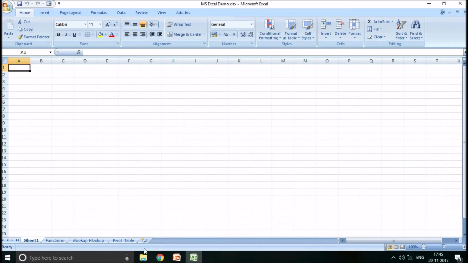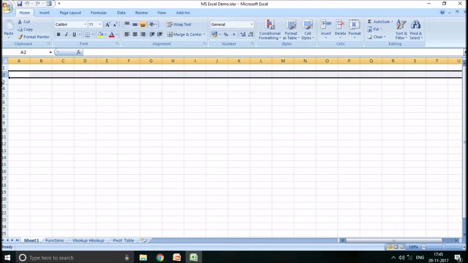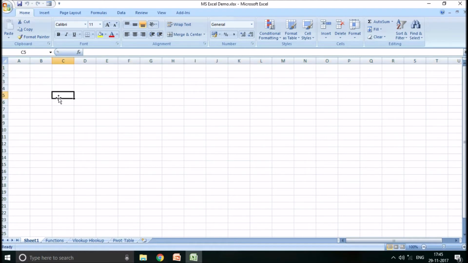Now the basic differences. So there is a status bar, page layouts, zoom, and scroll bar. All these are there. The basic difference is that instead of a ruler, here you can see numbers 1, 2, 3, 4 and A, B, C, D. Now these are rows and columns. All the alphabets represent columns and all the numbers represent rows, right? So Excel being a software basically used for number crunching, you can imagine Excel to be a blank table to start with. So you can put anything you want in this particular blank table.